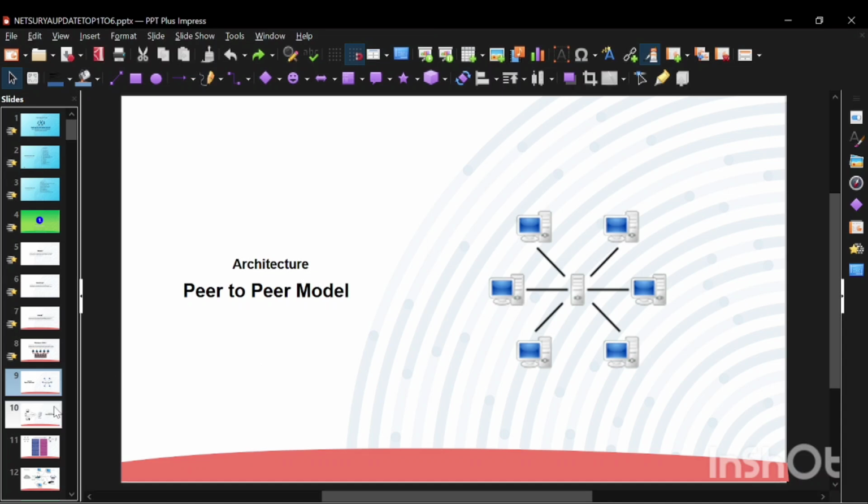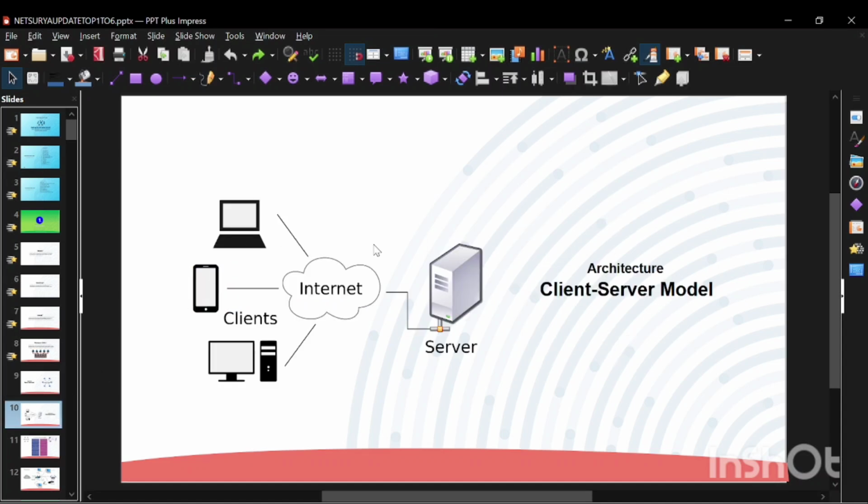Now come to the next topic, that is your client-server model. Suppose you walk into a cafe and go up to the counter and place your order, maybe coffee and a sandwich, or maybe your momos. That counter represents the server, and you placing the order, you are the client. You don't go into the kitchen and make your own food. You simply tell the server what you need, and they handle the rest. They process your request, prepare your order, and hand it back to you. That's exactly how the client-server model works in networking.